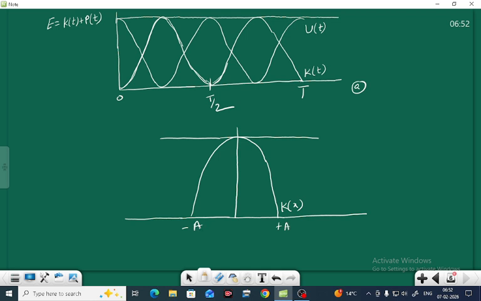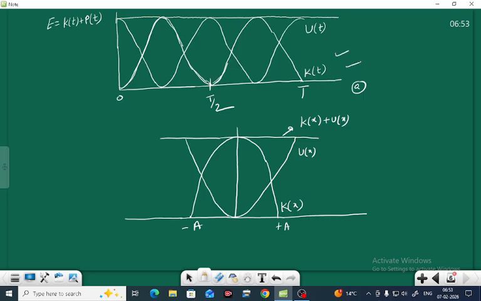The kinetic energy is 0 at minus A and plus A, but at the mean position the kinetic energy is maximum. In case of potential energy, it is like this. At the mean position, the potential energy is 0, but at the extreme position, the potential energy is more, right? So it is U of x. So we are finding this line as K of x plus U of x. So this is the kinetic energy, potential energy, and total energy